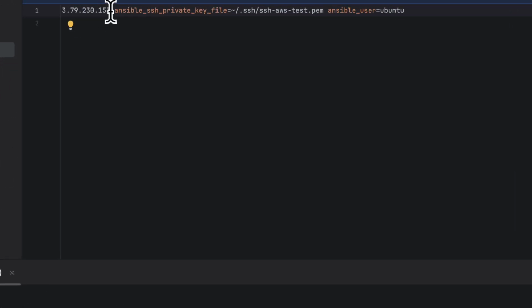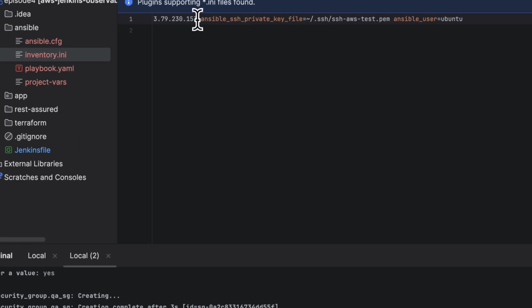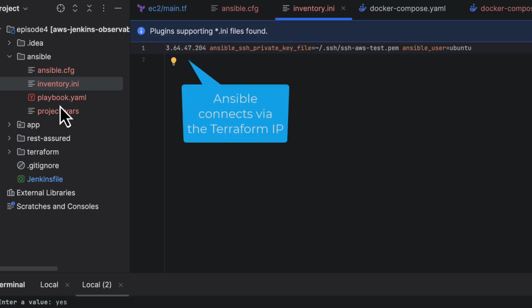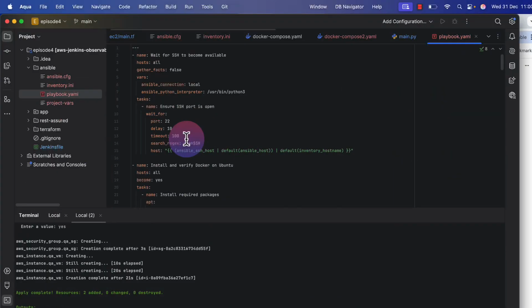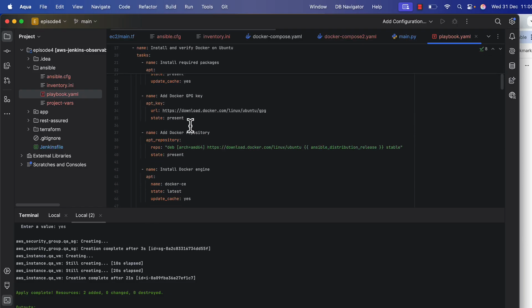So, like I just explained, we are going to replace the IP in the Ansible.ini with the Terraform output. That way Ansible can build directly on the environment Terraform just created. As you see, Ansible now has the Terraform IP. What you see now is the playbook, and as mentioned earlier, this is where Ansible executes the actual tasks to